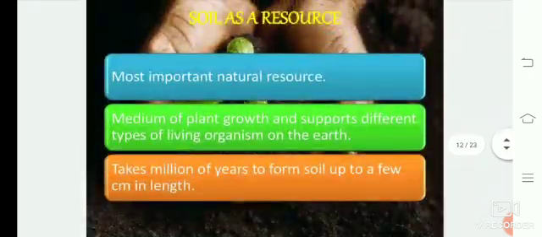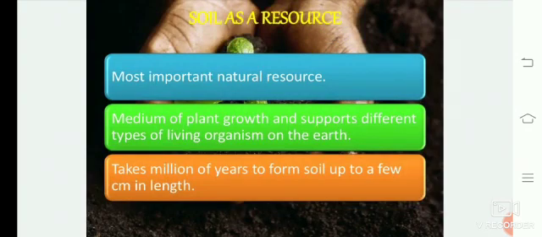Then comes soil as a resource. Now you saw how land is getting degraded and